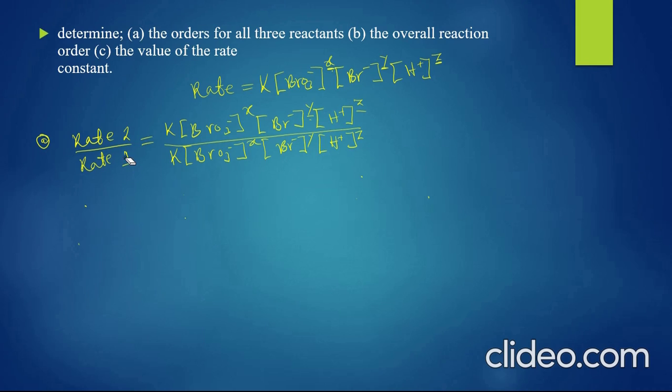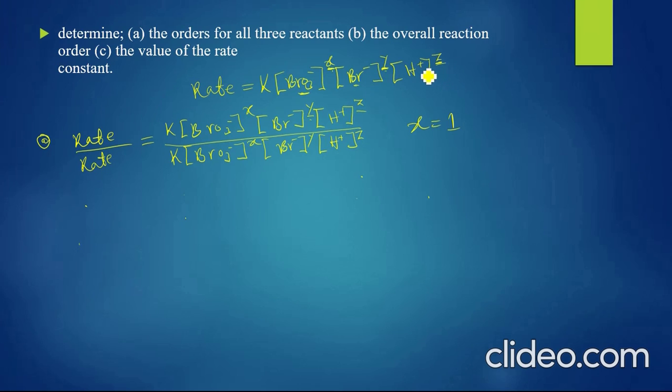Now that we have determined the order x with respect to bromate ion, which is 1, we need to determine the order for these two concentrations you are seeing. We must determine the order y with respect to bromide ion, and we must also determine z